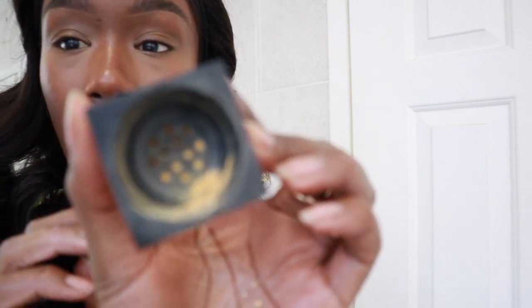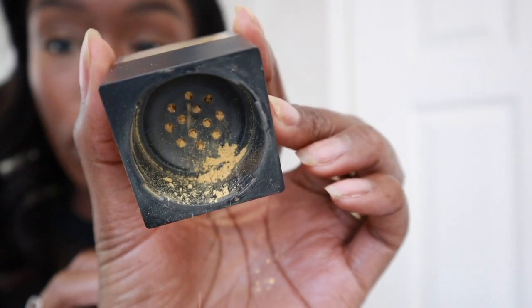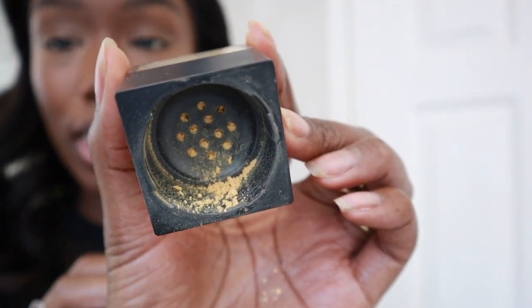So I used to use Laura Mercier Honey as my brighter shade, but I switched to this, which is a much yellower powder than the Honey from Laura Mercier, and I think it suits my undertone better, to be honest. And then also these triangular powder puffs, I've just dipped that in the powder. These triangular powder puffs from Amazon,